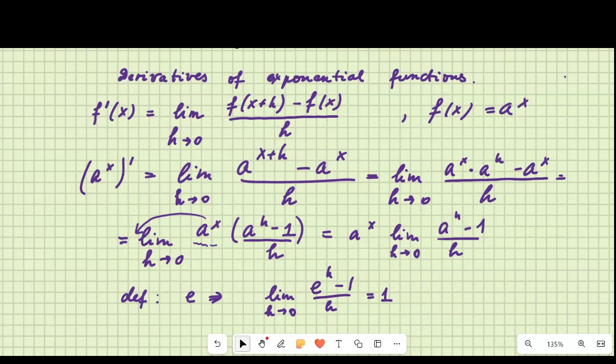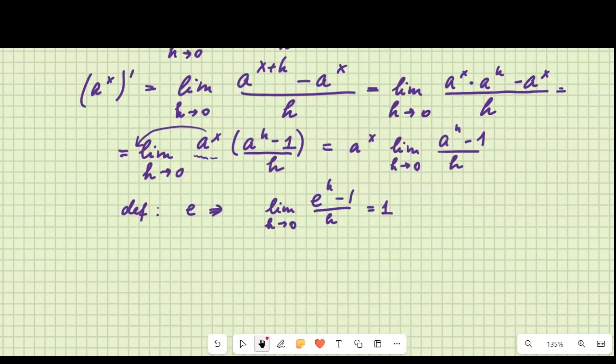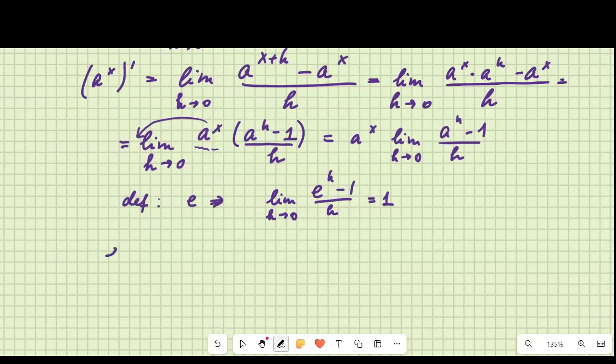And eventually, one of these numbers for which the limit goes will be 1. If you take that number which you used for a, which is producing 1 as a limit, and label it as number e, then our derivative of such number is going to look the next way: e to the power of x. Now, instead of a, I'm using e because I have special knowledge about this limit for that number.